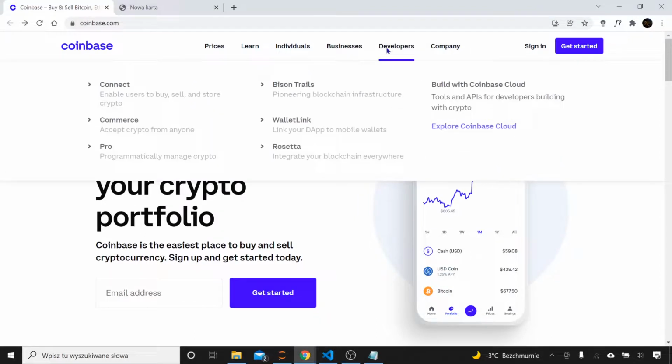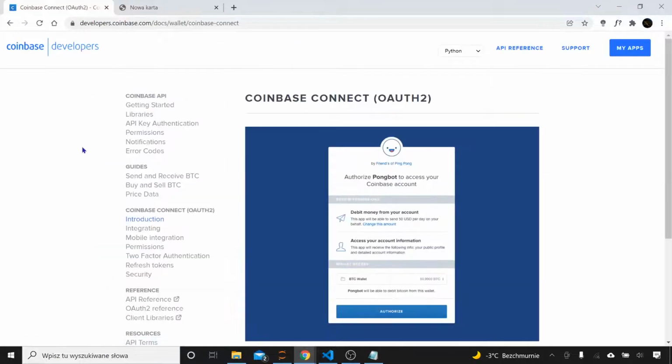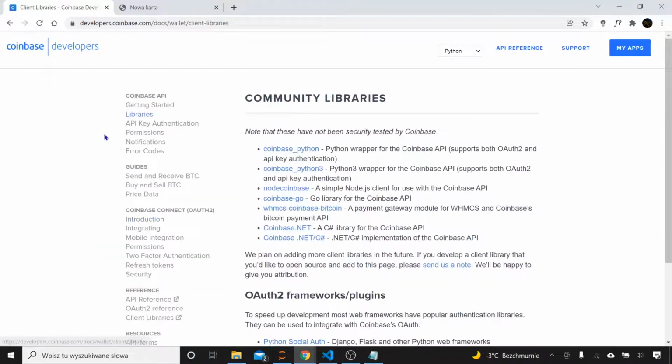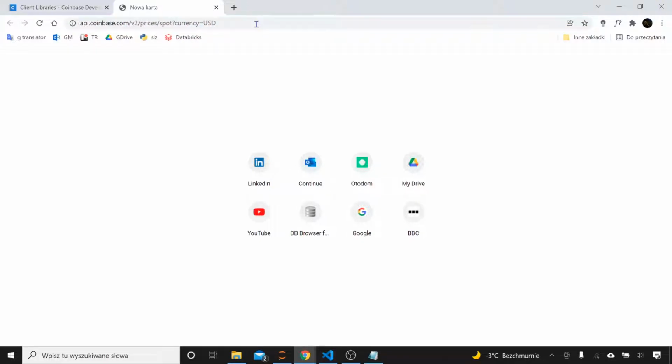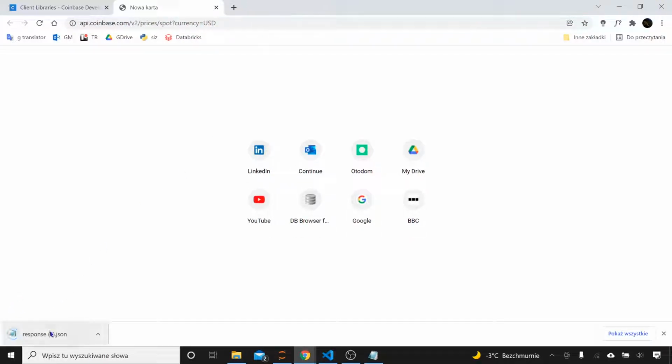If we go to the developer tab, just right here, and connect, what we can see is that they have even a dedicated library which allows us in Python to sell and buy, or simplify selling and buying, cryptocurrency. We will not go so far in this episode, but instead we are going to use a way simpler API, which is just here. When we enter this URL, this address, and press enter, what we get in the response is